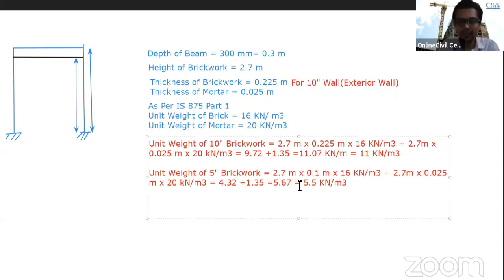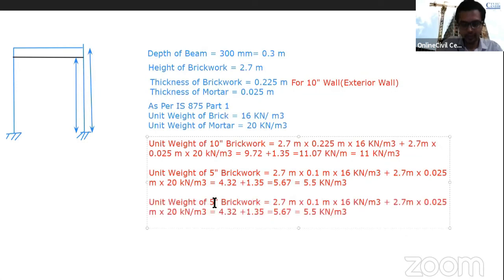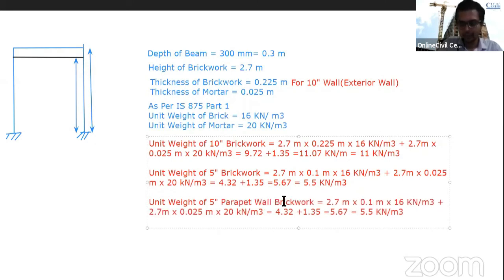Now what is remaining? One thing more we can do is for the parapet wall. Now the unit weight of parapet wall brickwork, 5-inch parapet wall brickwork. The height of the parapet wall, as you know, is 1 meter, so let's find out this value and check here. The value will be 1 into 0.1 into 16, which is 1.6 plus this value,